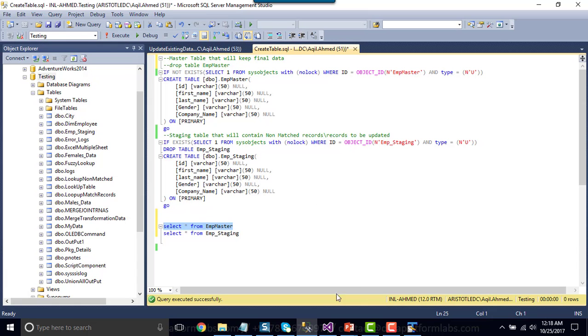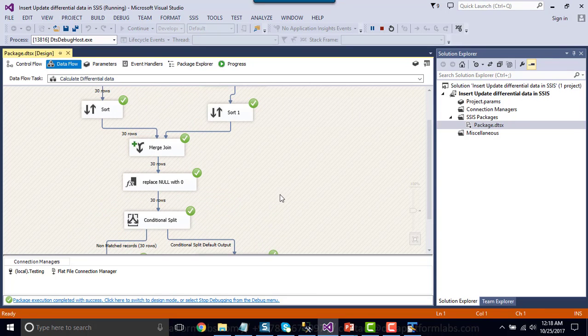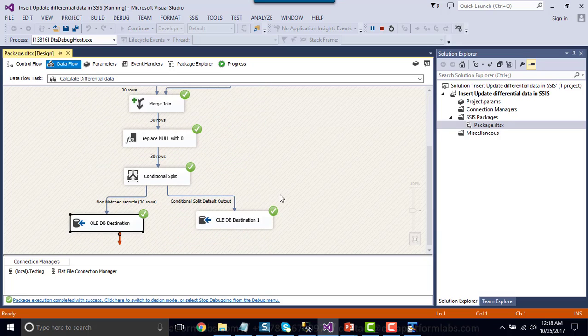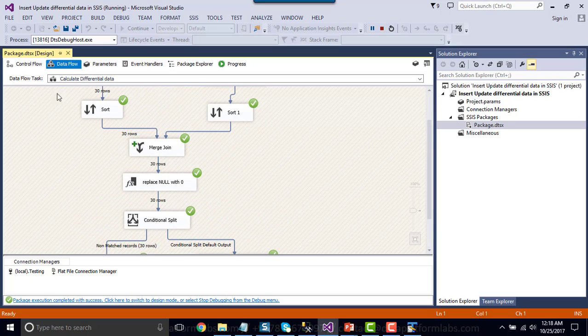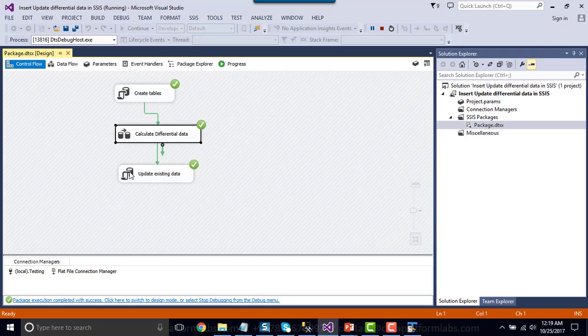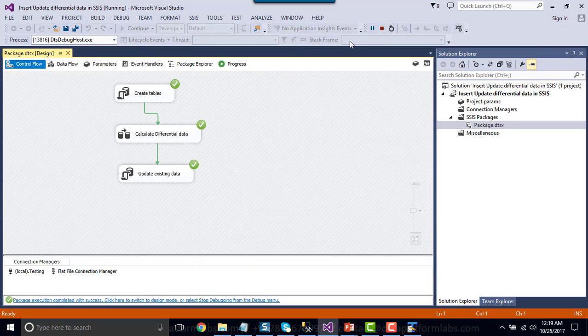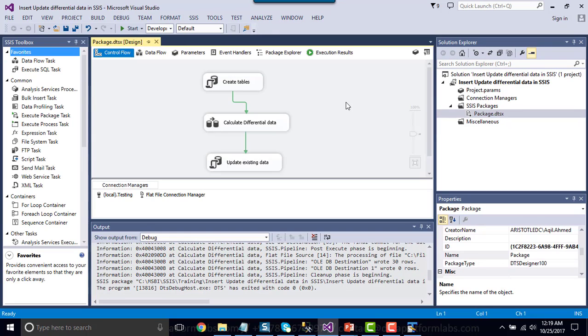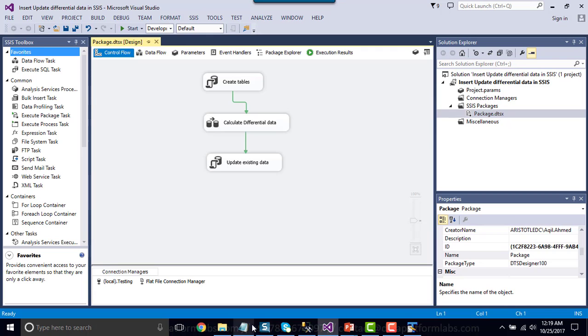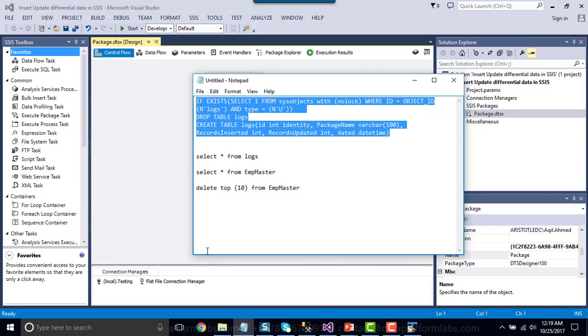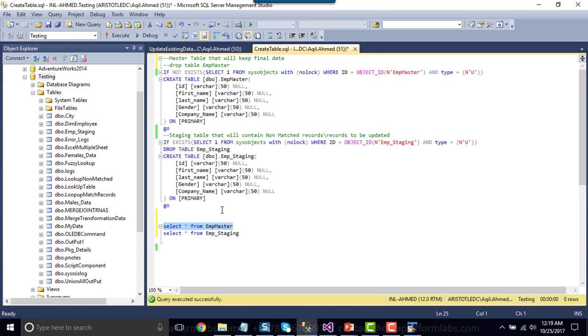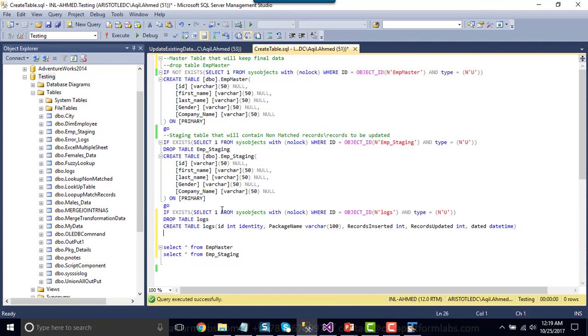Okay, so we are able to see the data by looking at this particular table, but ideally we should know after looking at some log table how many records have been inserted and how many records have been updated, because in this query we have updated some records, but we don't know how many records actually got updated or inserted. To handle that, let me simply copy and paste this particular log table query here. I will share all these queries and the package on Data Platform Labs, so you can download the package from there.